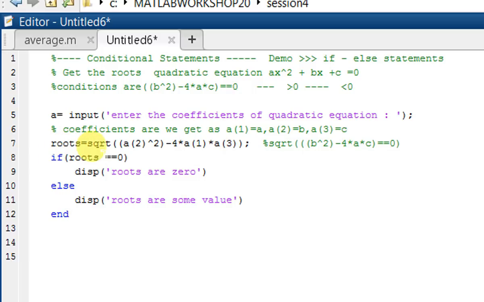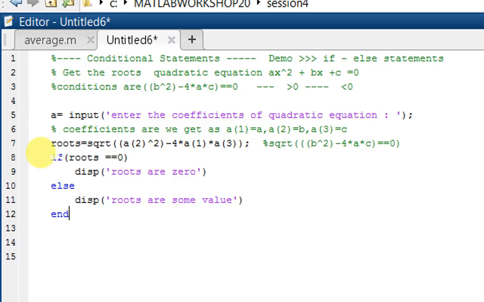Now our root may be equal to 0. What do we want to display? We want to display roots are 0. Else we have to display roots are some value, either positive or negative. So this is our first code, or first if else condition.